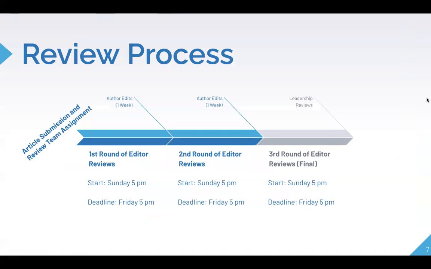And as for the review process, so how it works is we have our editorial team, and your article will be assigned to 2 reviewers, a primary reviewer and a secondary reviewer. There will be 3 rounds. I mean, some people go through fewer rounds. It just depends on how many edits the reviewers think that your paper needs. So the first round, second round, and then third round is the final round.